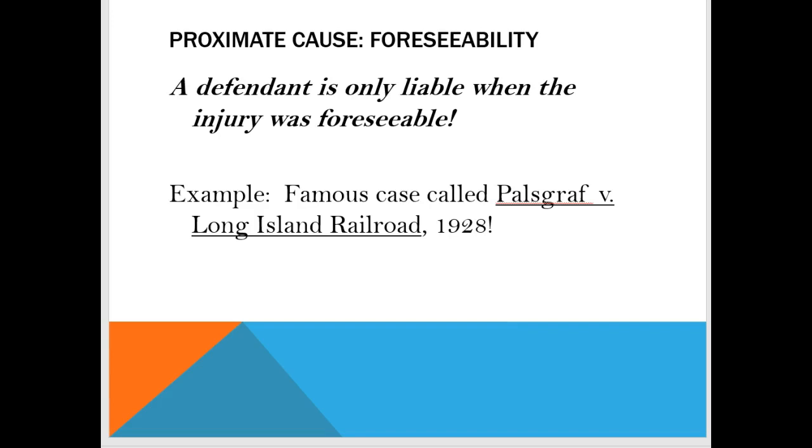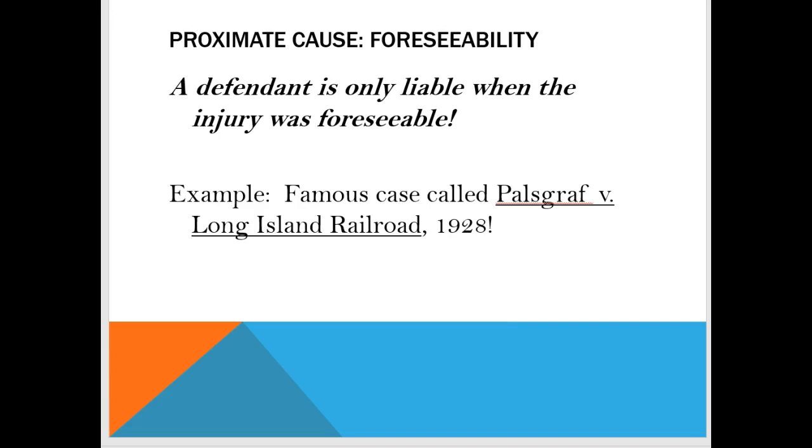One of my favorite cases about proximate cause is called Palsgraf versus Long Island Railroad. This is a fun little case where in the 1920s, a woman was standing on a train platform in New York waiting for a train to come. And at the end of the platform, a train started going. All of a sudden, a man was trying to get on the train, and he was carrying a package. So the train engineer or the conductor, I'm not sure, saw this man running towards the train and decided, let's lift this guy up onto the train with his package, with his bundle, and then he'll make the train. So they do that, but as he's getting onto the train, the man drops his bundle, and guess what happens? It explodes. The man in his packaging was carrying dynamite.